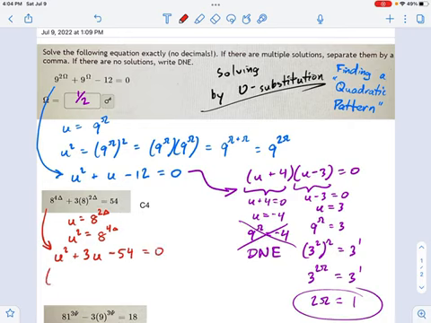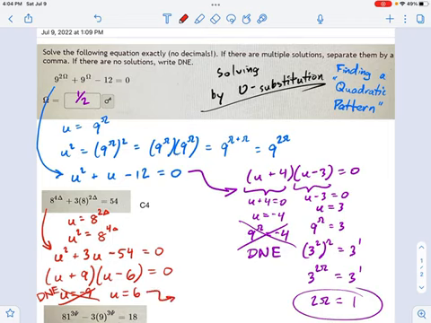And now you factor it, and that's not too hard if you've practiced with factoring. This is u plus 9 times u minus, I think, 6 equals 0. So that means u equals -9 and u equals positive 6. Now, because u is an exponential, 8 to the 2 delta, you know that this one's not going to work out. Okay, that's going to be another one of these DNEs. And all you get from this one is the following. 8 to the 2 delta equals 6.